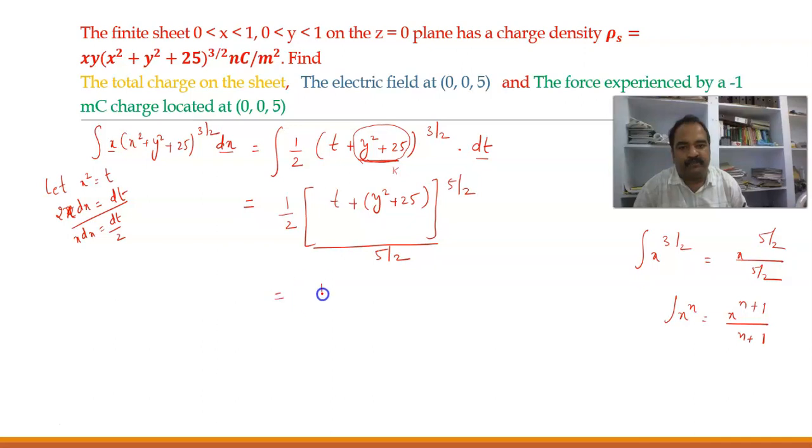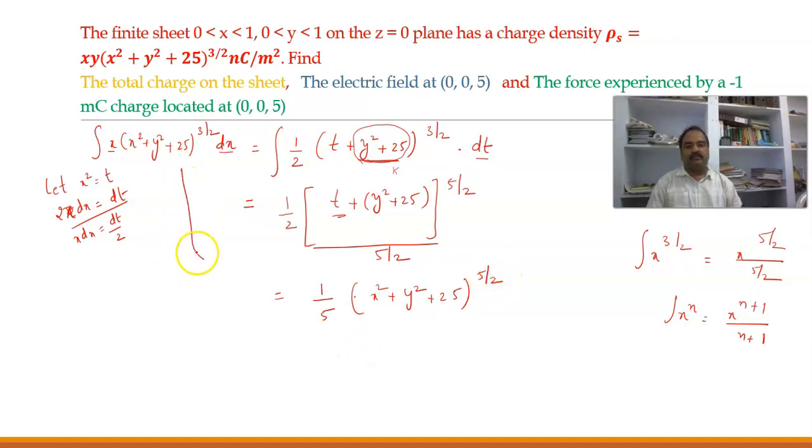So what will I bring here? It is 1 by 5. Now I will again replace this t with x square plus y square plus 25 whole to the power of 5 by 2. This is my expression now. Now, if I apply it for x is equal to 0,